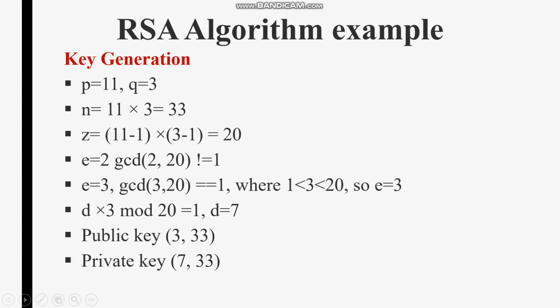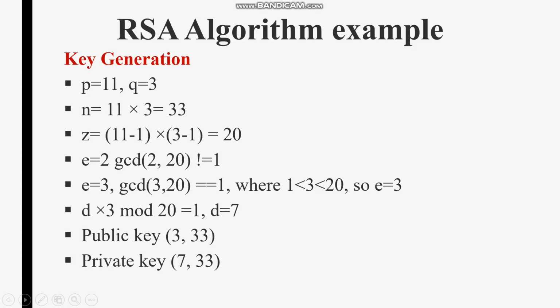Now keep on choosing numbers from 1 till 20. 3 into 1 is 3, and 3 mod 20 is 3. 3 twos are 6, 6 mod 20 is 6. 3 threes are 9, 9 will be the remainder. Any number less than 20 will itself be the remainder. Now you should choose a number which gives a product greater than 20. 3 fives are 15, 3 sixes are 18, 3 sevens are 21. So when you do 21 mod 20, will it result in 1? Yes. 21 mod 20, the remainder will be 1.